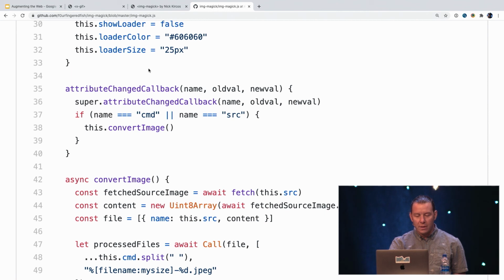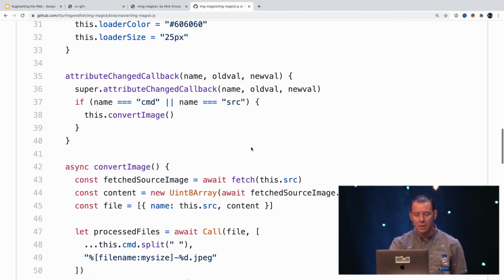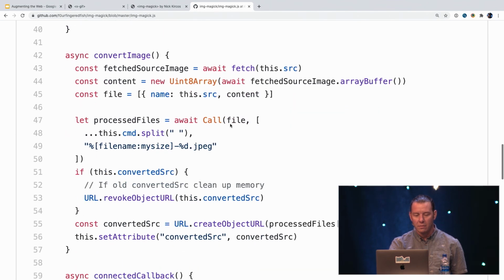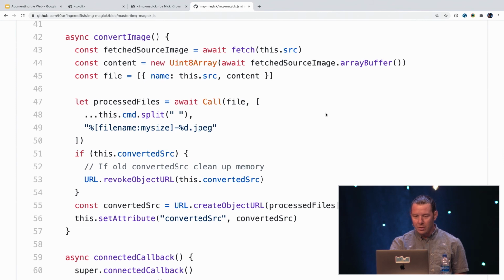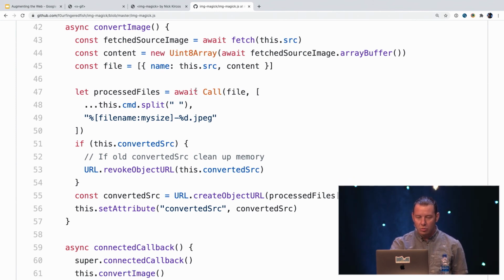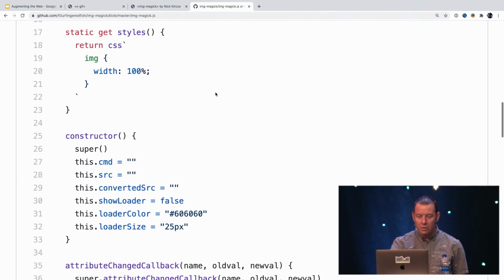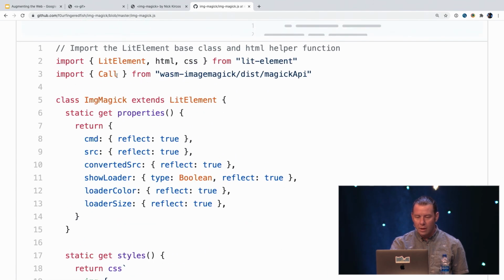This is part of the library where you can listen to make those attributes responsive for when the values change, what you want to do. So anytime the command attribute or the source attribute changes, I run this convert image. And what I do there is I just pull out the source, the original source. I fetch that image. I put it into an array buffer. I pass it into this call function, which is actually the one that was exported from